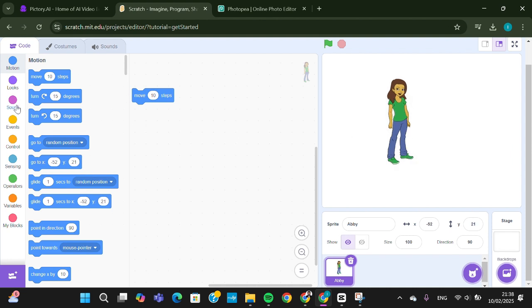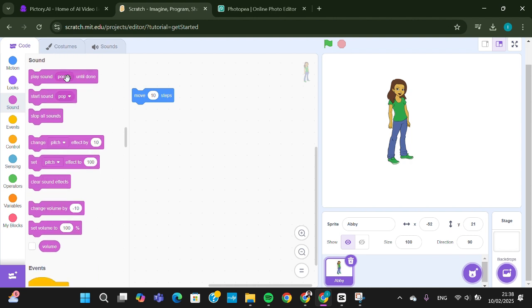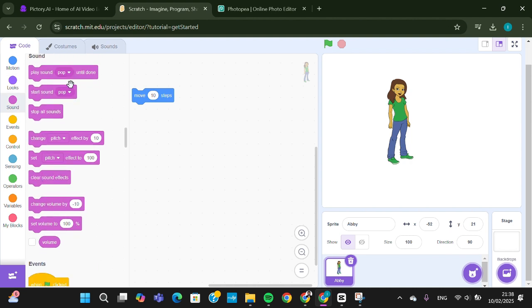If you want to add sound, you can go to the sound, and then you can select play sound. Okay, and I'm just going to choose pop, but you can also record your own voice if you want. And let's try the anime. Let's try to play it